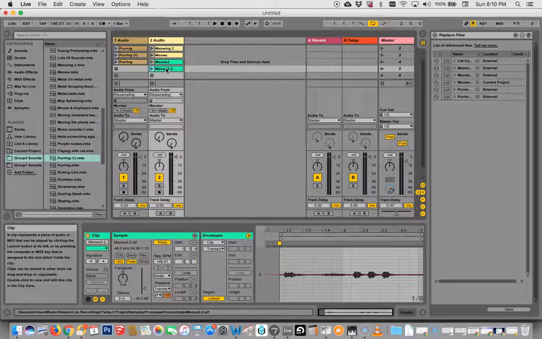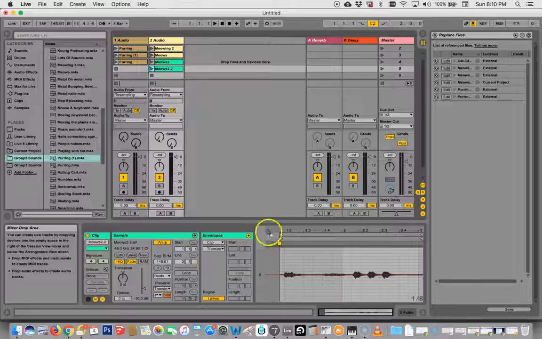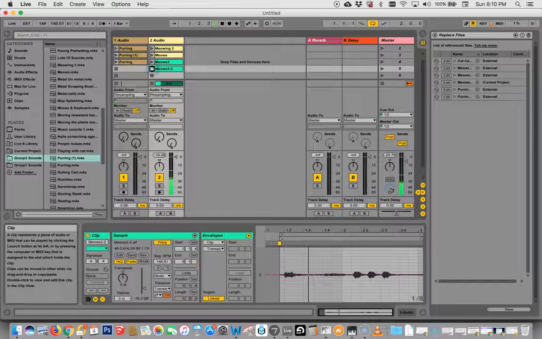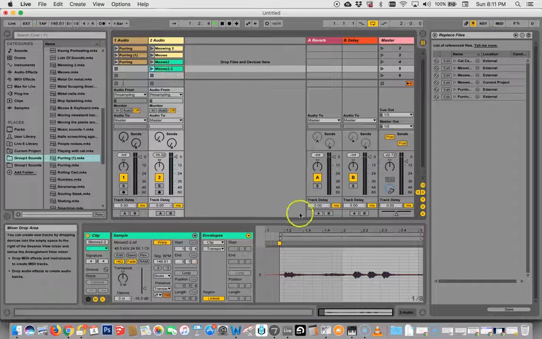And we can come back down here and see just how Meows 2 is doing. There we go. Meow, meow, meow, meow, meow. But we immediately notice that it is not looping. So we come down here to our